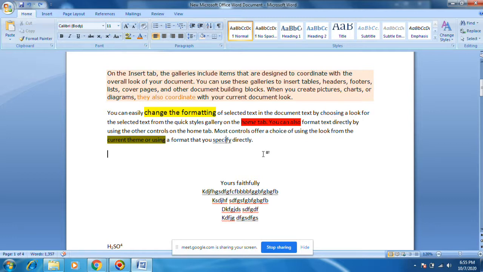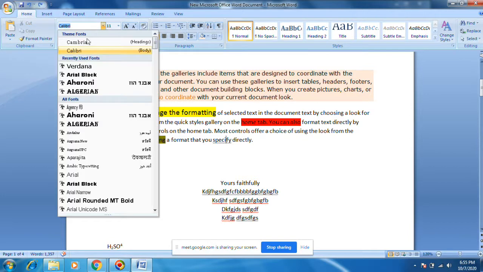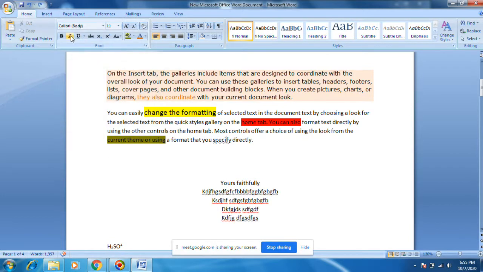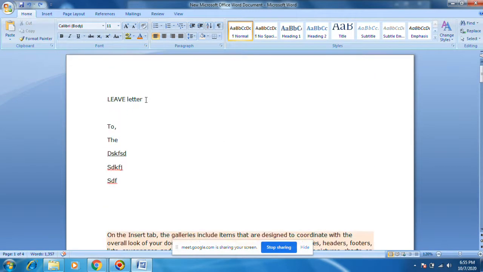Next thing is styles, font style. This is the font name. Font style is italic, and there are different similar kinds of styles. These are called the style section. Let's see, for the leave letter I want to put some.